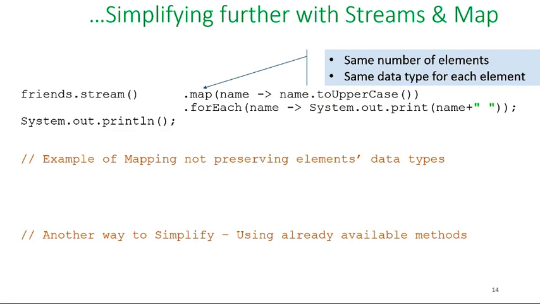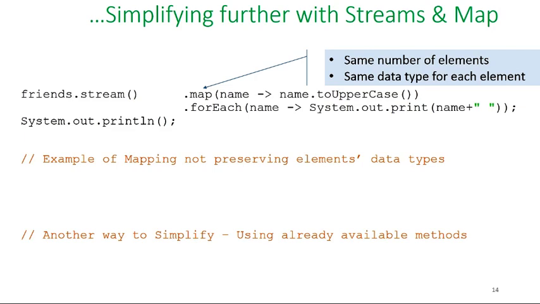We take a name, so it's going to be one of the strings in friends, one after the other, and then we call toUpperCase on that name, and we return an uppercase version of that string. All right? So map is doing the iteration for us, but it modifies the stream. That's the important thing. It takes as input a stream on which it is invoked, okay? And then it applies this transformation to every element and spits out as return value a stream of the elements